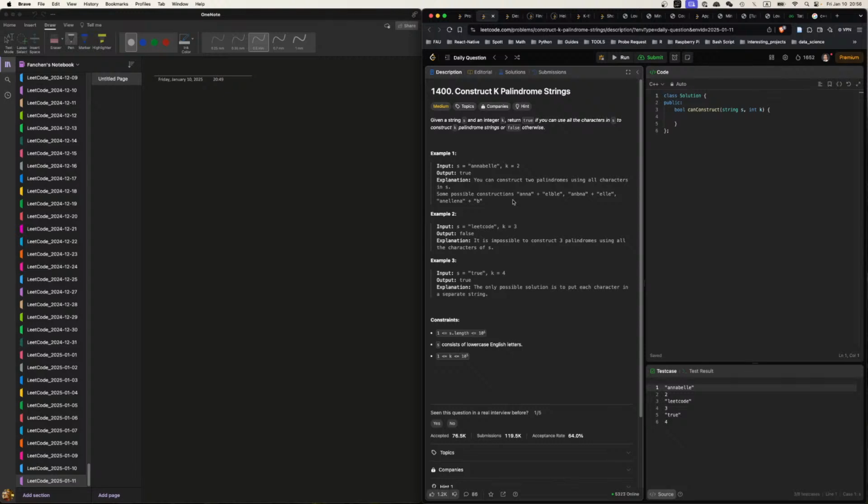And the remainder can form a palindrome. So if I need even, I can take like 2 more, then it will always work. If it requires 1 more odd, I can take 1 more odd, and it will always work. So if the number of odd frequency is smaller or equal to k, it will always work. So now we need to see the number of odd frequencies larger than k. Okay, if it's larger than k,